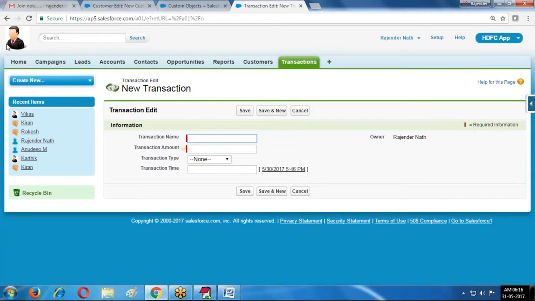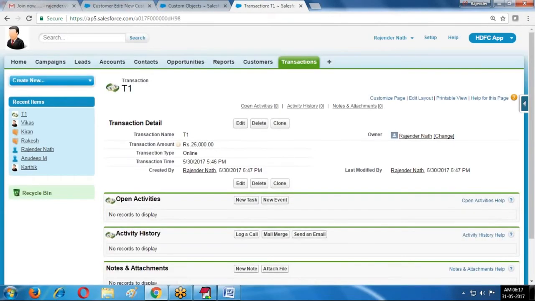I am creating a transaction. T1 is the transaction name, transaction amount 25,000, transaction type credit card or online, and the transaction time. Whenever we save, this record is created here.